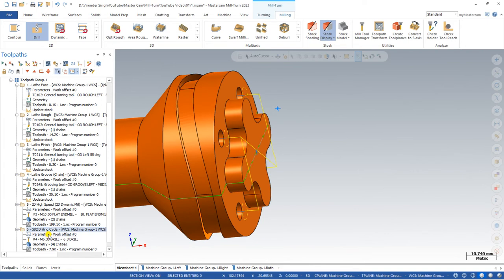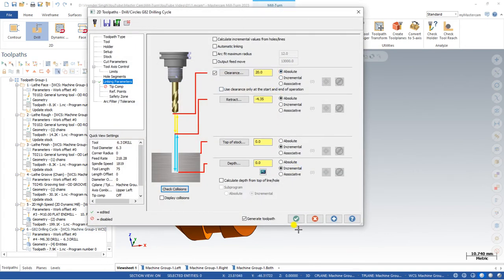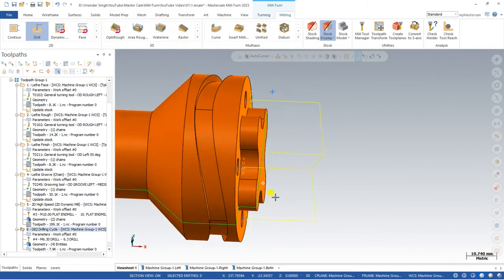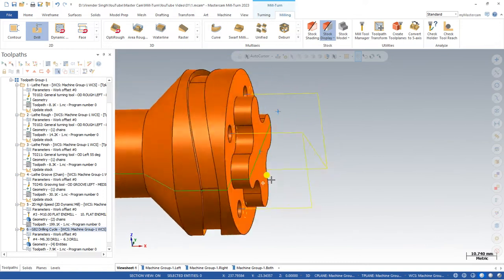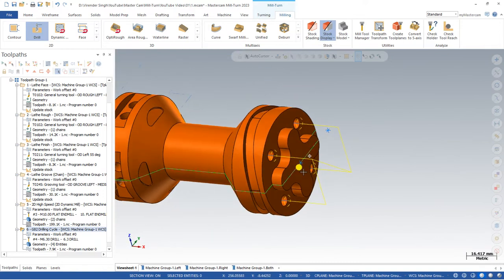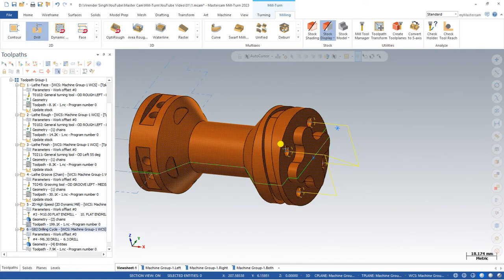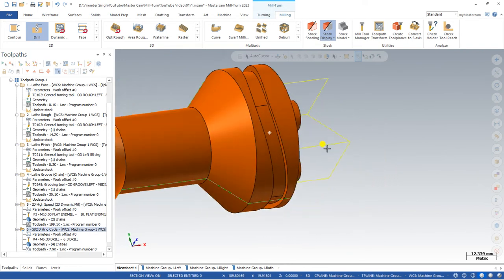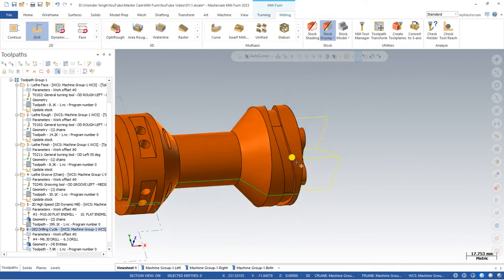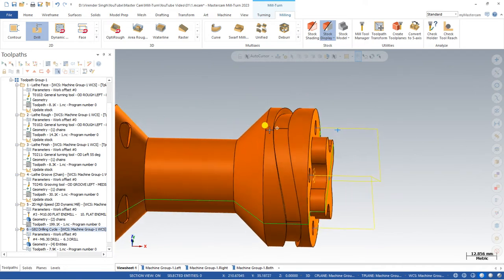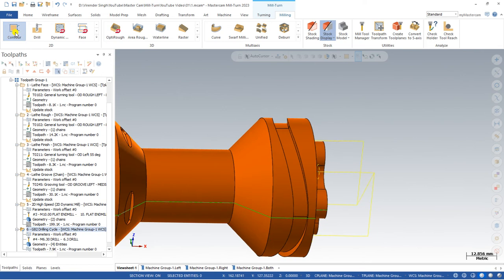Now have a look. That is getting created in a perfect way. As you can see, this toolpath is getting created right here. So the first thing is done. The second thing is successfully done. Now the next step, we have to create the toolpath for this one area. For creating the toolpath on this area, we can perform it